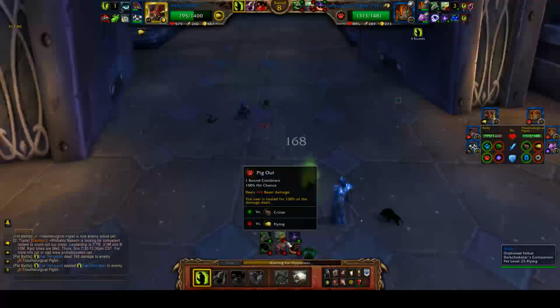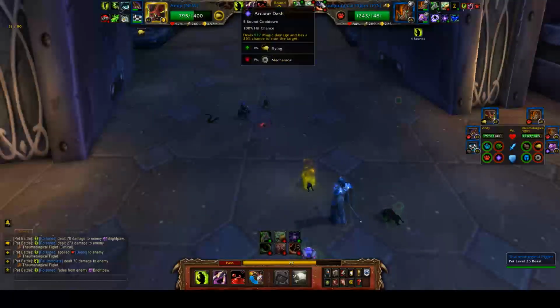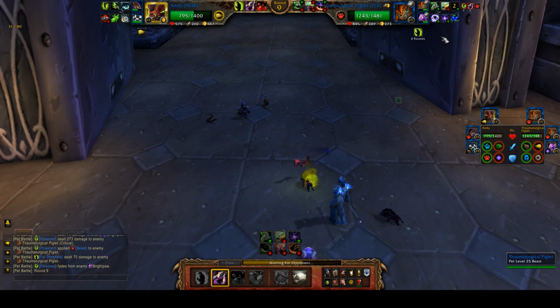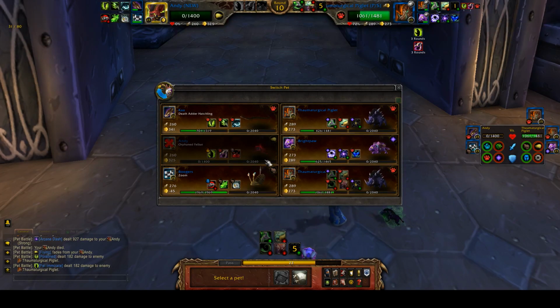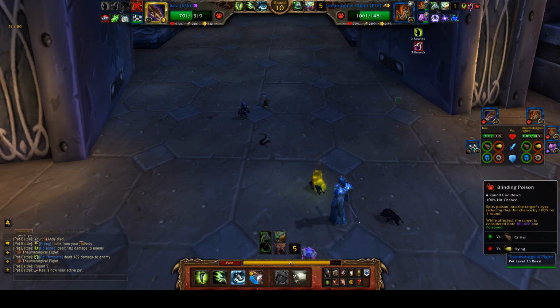Interesting choice. At this point, I don't think it's worth it to drain blood just because that Arcane Dash does hit so hard. I think it's better off for me to go for the Black Claw, and I just have dots rolling on both of his pigs. They're both going to die to dots, so stalling is really going to pay off here. All I really have to do is...